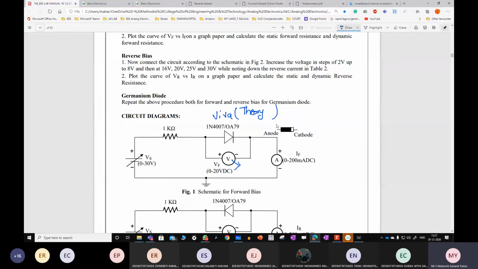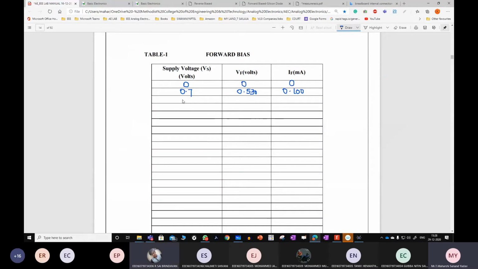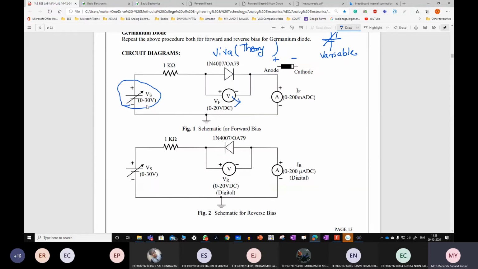Mainly everyone will get confused with this part. See, this is the connection of the diode. This is positive and this mark indicates it is negative, so don't make this mistake. And what about this arrow? Variable regulated power supply, sir. RPS, it's not regulated. This is a variable voltage supply. Correct, it is variable. Why I'm saying it is variable is because here we took values for different values of Vs, so I'm varying the values here. For different values of Vs, I got different Vf as well as If. That's why Vs is represented like this, a variable voltage source.